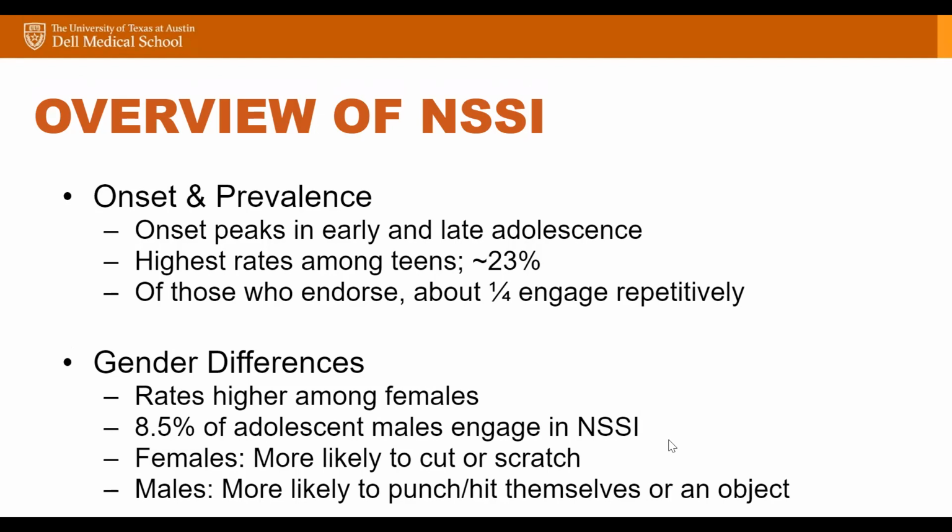So there are some people out there who indicate that that 8.5% that we see in males reporting self-injury may actually be higher if we were to ask more specifically about other forms of self-injurious behavior. There is also data to show that this gap, the difference between males and females in the prevalence of the behavior, is more present during the earlier years and tends to narrow down in late adolescence. So rates are more similar among older teens.